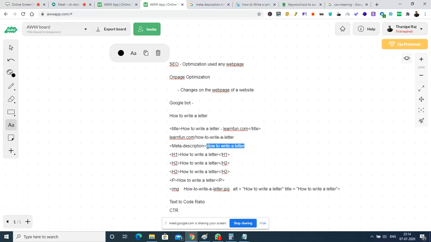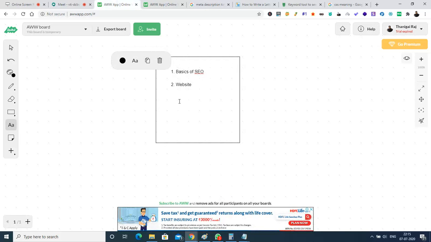So right now we are going to write something, exactly something relevant for the keyword how to write a letter in this meta description. So let me write what the meta description could be. I can use the words write and letter. So I have to say something about this letter, and I can use writing as part of the information that I want to communicate to Google for this keyword. Okay, nothing more than that. So how can I write it? I can write in such a way that